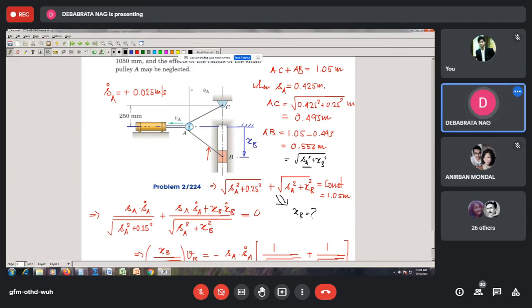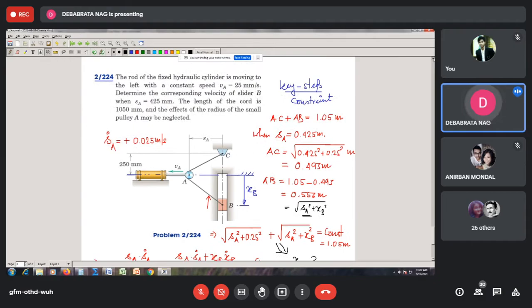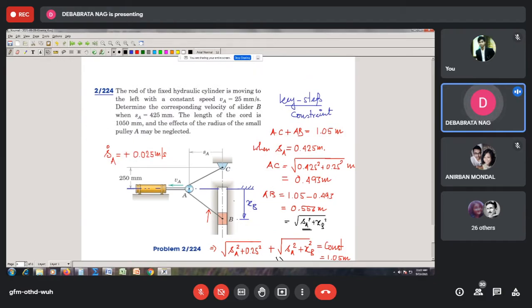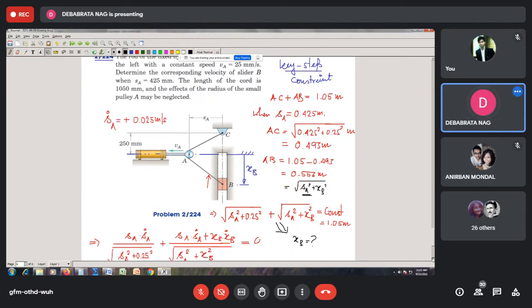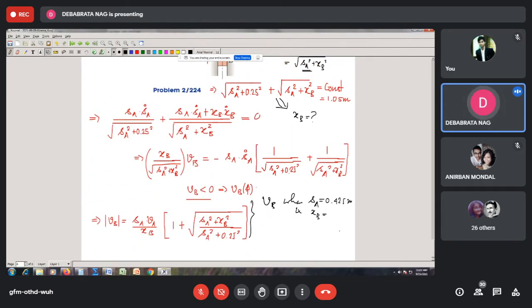Either use this relation or this, whichever you feel like. When SA is 0.425 meter, what will be the value of XB? We need to find that and plug those values